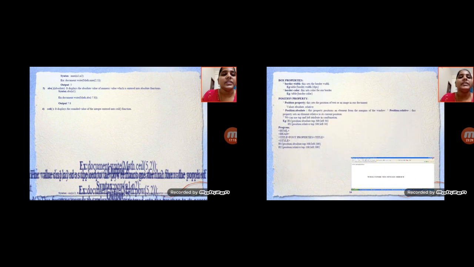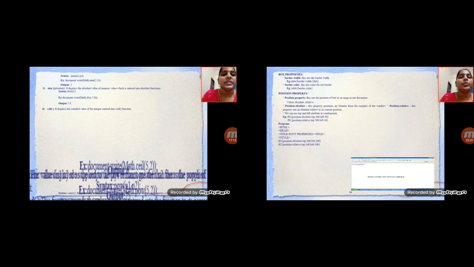After that, next one, box properties. In box properties, how to choose borders and widths. This sets the border width, and for a table we choose border width in pixels. You decide how many pixels to use. And then border color sets colors for our borders only, used on the table tag, and then border color will be there, and position properties.